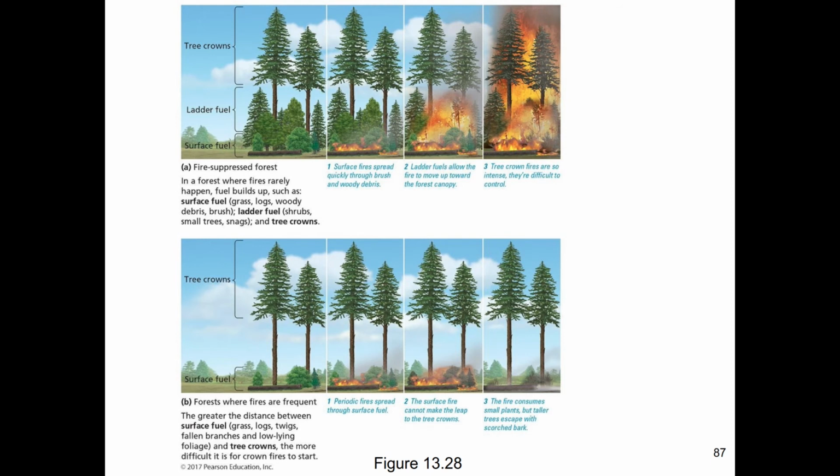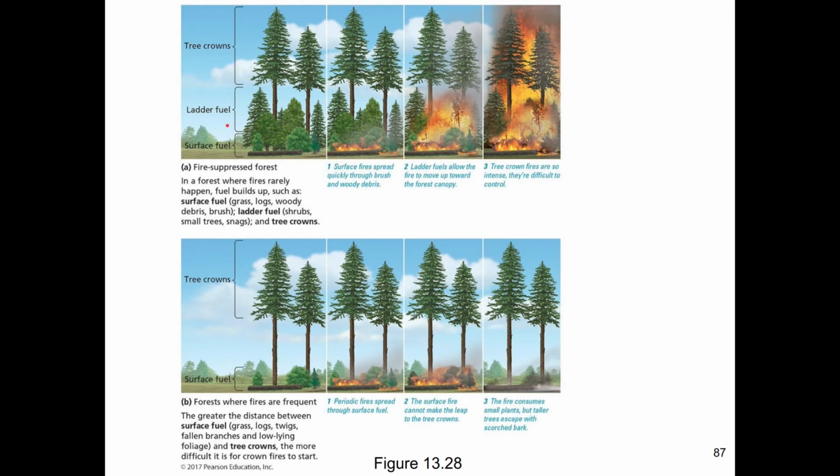Yellow pine forests also love fire. There's a bunch of knob cone pines, for example. The cones don't open until they get heated by a fire. So you have to have a fire that's hot enough to open up the cones in order to get regrowth of knob cone pines. But if you prevent fires or put them out before they can burn the surface fuel,